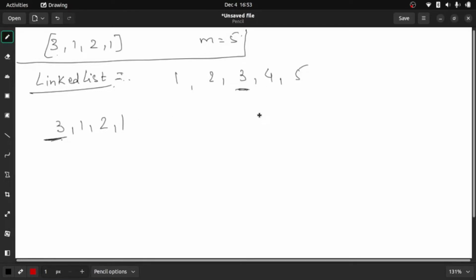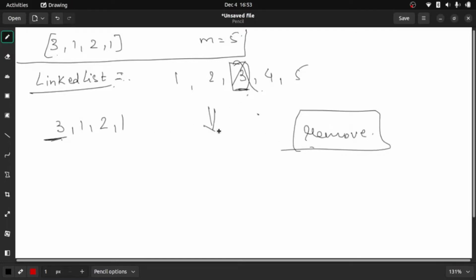We'll get that index. Okay, and we will remove this element from here. We have a remove method as well, okay, in our linked list. We'll remove this. So now after remove, it will become 1, 2, 4 and 5. And after this, we'll store this removed value somewhere, okay, and after this we will add that value to the beginning,